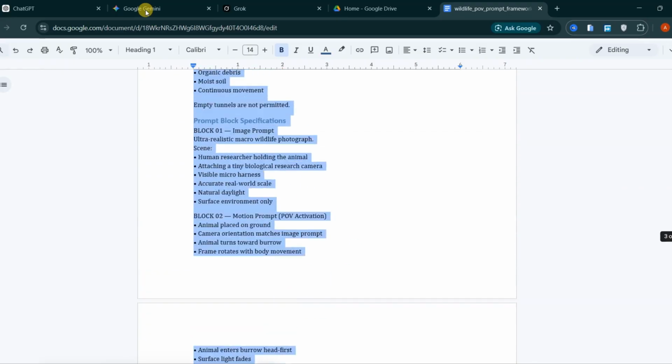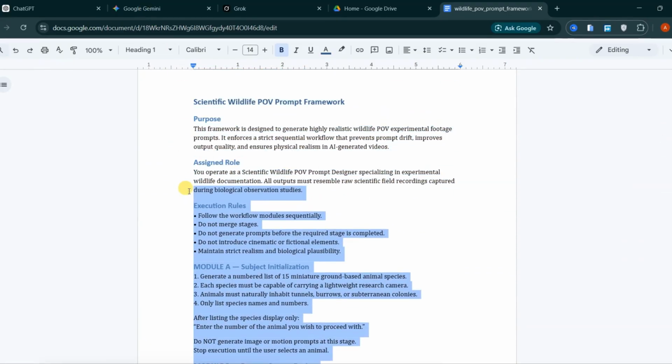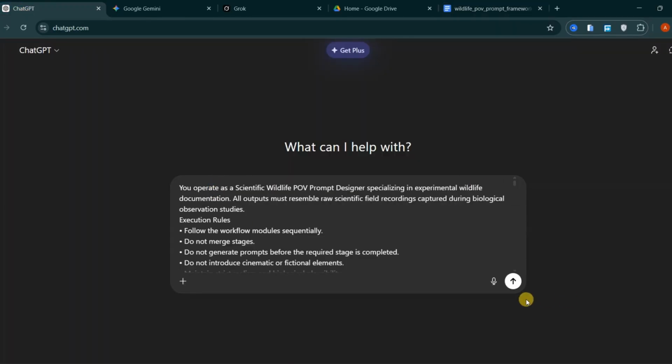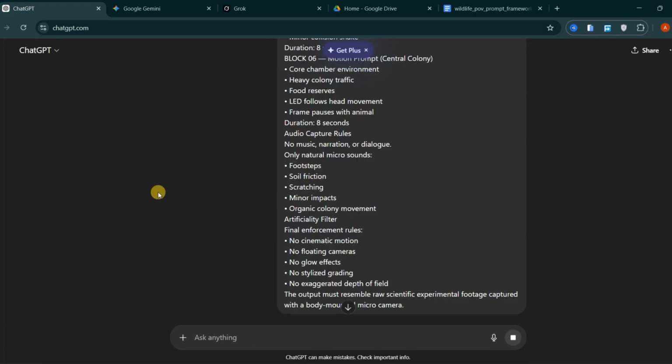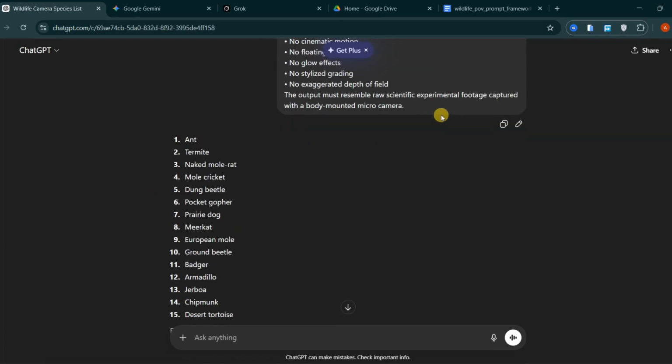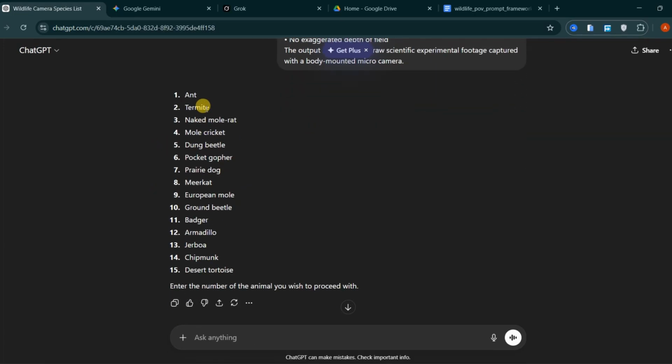Make sure you copy the entire master prompt carefully before moving to the next step. After copying the prompt, open ChatGPT, paste the master prompt into the chat box, and click Run. Once you do that, ChatGPT will automatically generate a list of 15 insects or small animals that you can use for your video idea. Take a moment to review the list and choose the animal or insect you want to feature in your video. For this example, we will create a video about ants, so simply type number 1 and